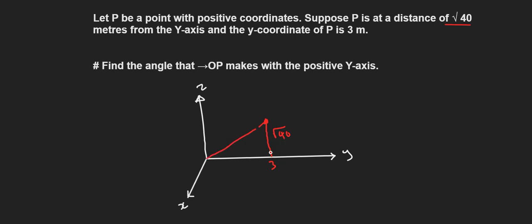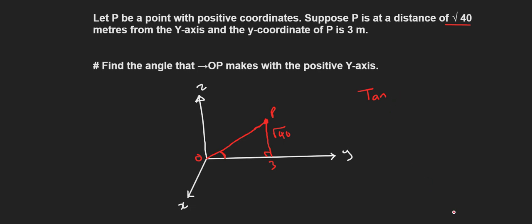Because this is 90 degrees, perpendicular, this is a 3D vector. So the first question is to find the angle of OP. O is the center and this is P, the subject's point. They want the angle that it makes with the y-axis, this angle. Then obviously we're going to use basic trig. You'll just say this is the opposite and 3 is the adjacent, so tan. Let me call that angle